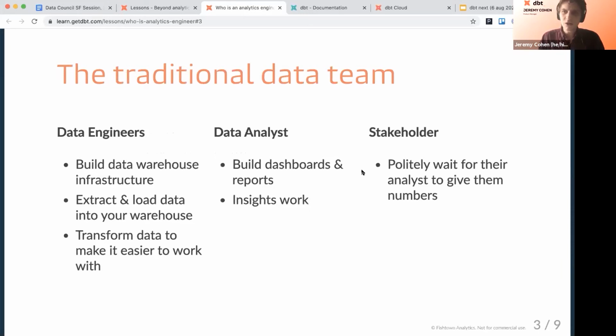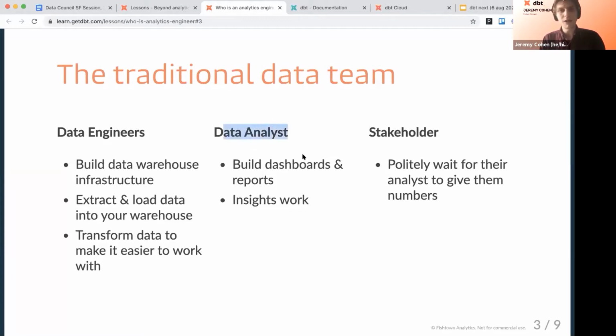The traditional data team, as we see it and as we experienced it in a lot of past jobs, experiences, consulting engagements, has been one of data engineers and data analysts with an explicitly separate, at times even antagonistic relationship, where data engineers are responsible for writing all ETL, all infrastructure management, and needing to transform data, by definition of the ETL stack, in advance of loading it into some final exposure layer, some relational database like Postgres that analysts can then access.